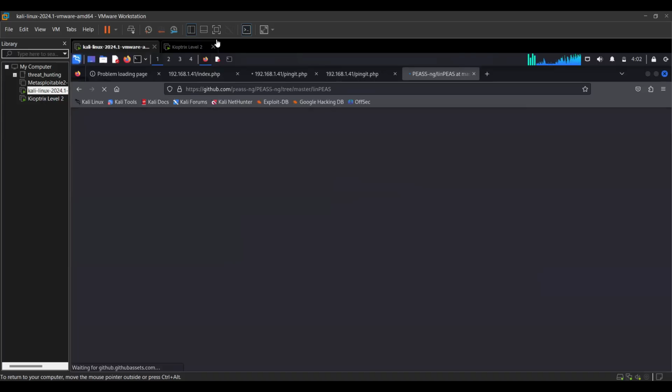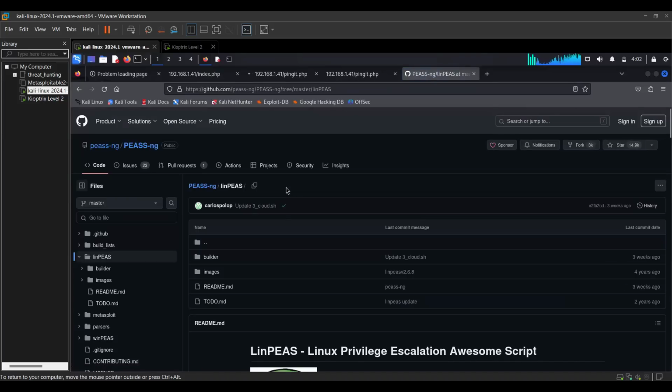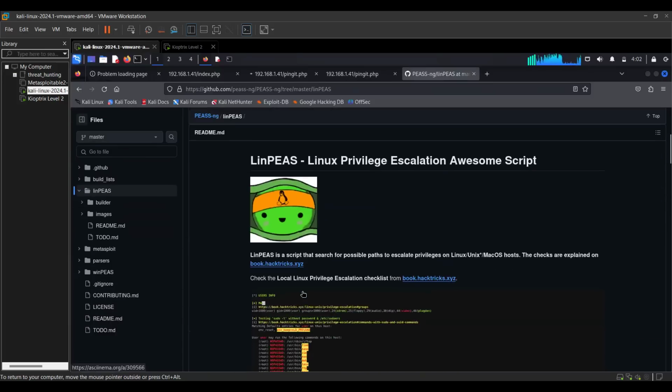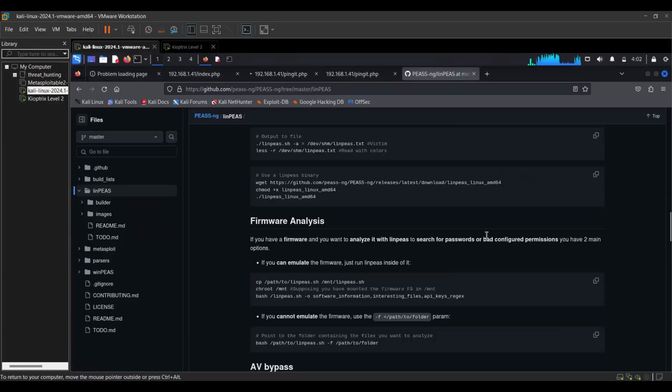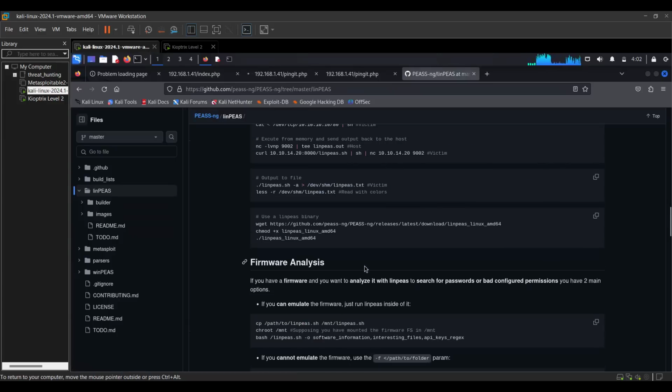It is a script which you will run inside the target machine to gain further information inside the target machine, like how many users are there, how many files are there, what kind of services are running, and so on, automatically. So it is like an automated script. So here we have this, and we can run this command directly, which is